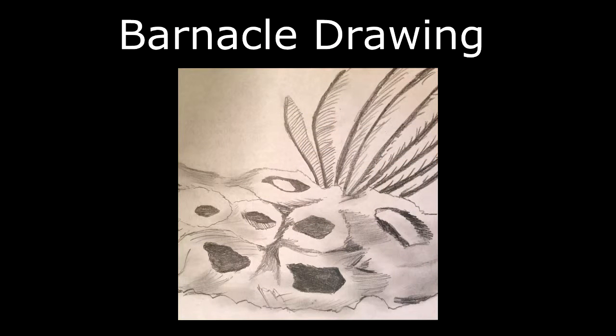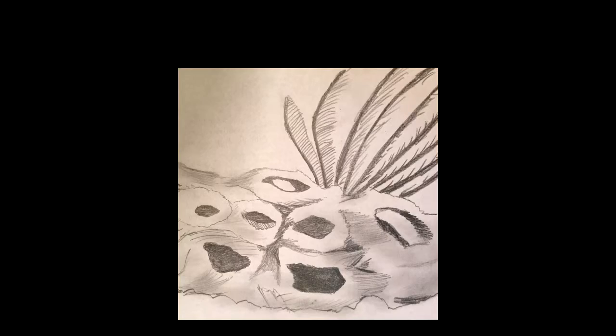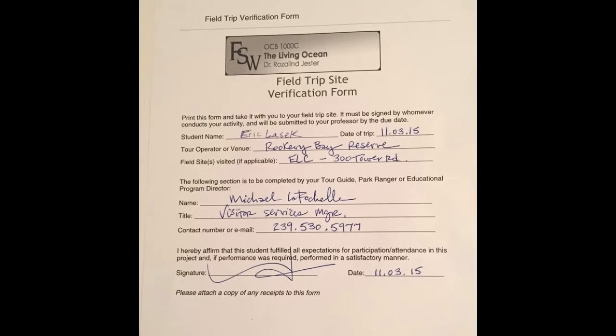I decided to do a drawing of the barnacle with the feather feet on display, as you see here. And there's also my attachment of my field trip form, proof of